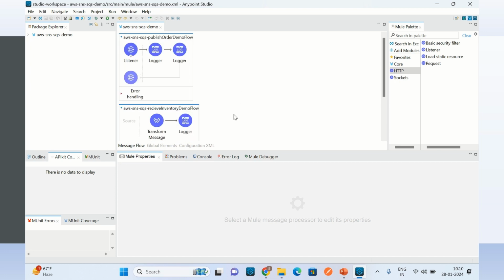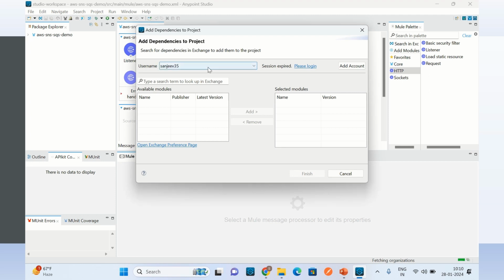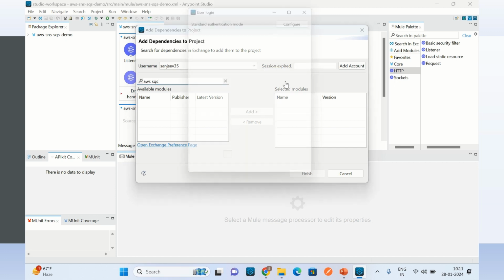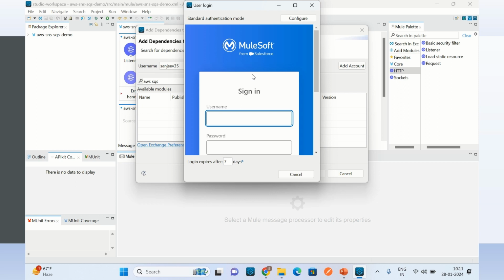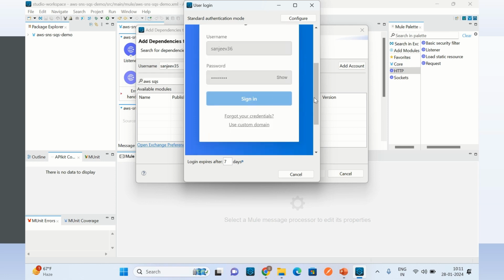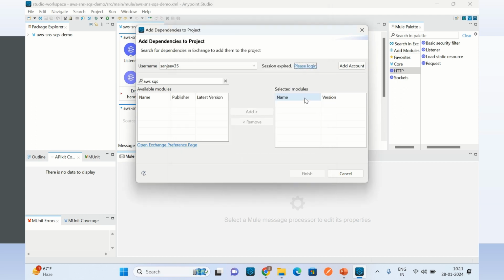So I will start enhancing this flow now. I will first add the connectors, so I will search for the connector in Exchange. My session is expired, so I need to log in first. I have logged in. Now I will search for the AWS